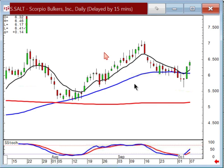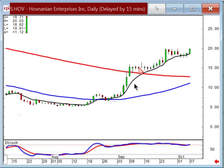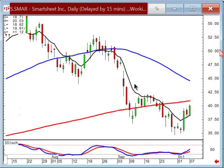We've got a few that are just kind of steady eddies. HOV, staying above the T-line ever since your slow curve breakout. SMAR is one that we had suggested the other day because of the Morningstar cradle type pattern. Now the definition to me between a Morningstar or a cradle: Morningstar has one or two indecisive days and a big up day. 3 or more, it becomes a cradle pattern. But in each case,